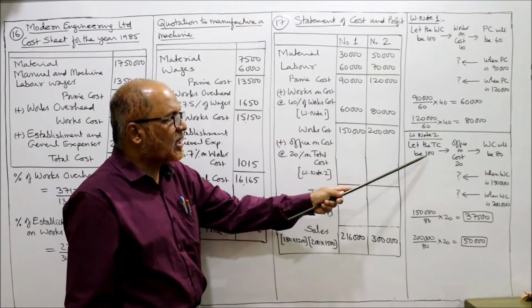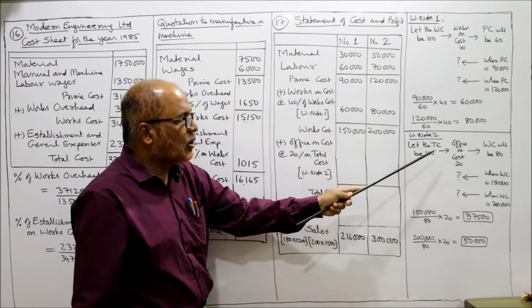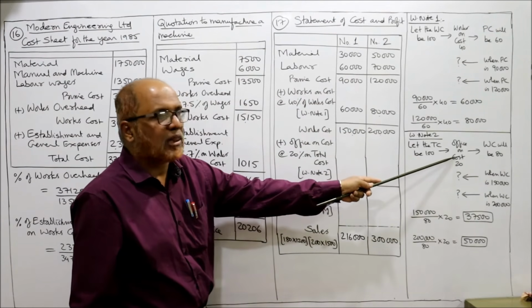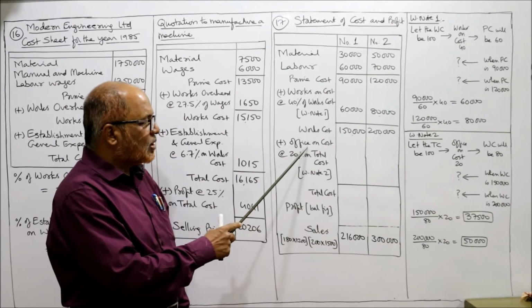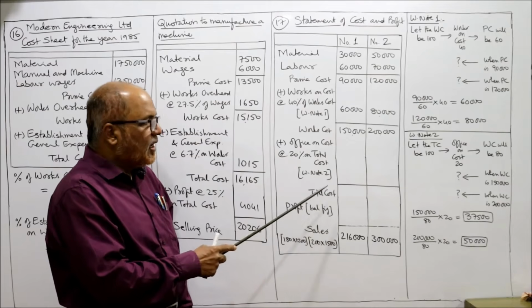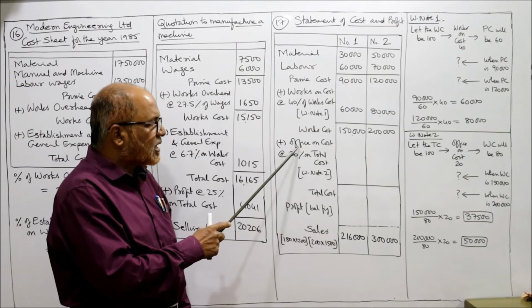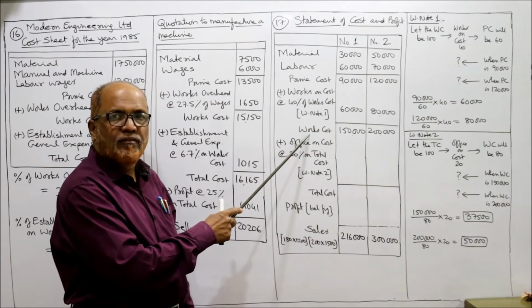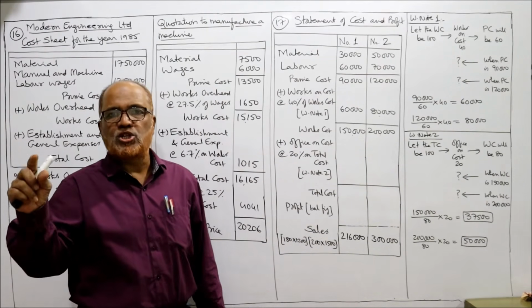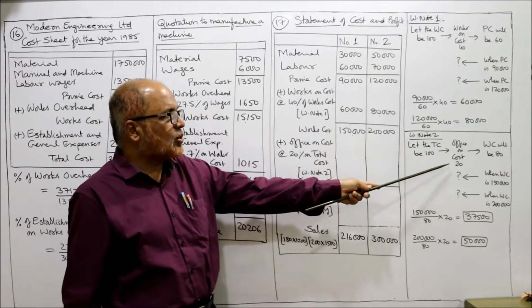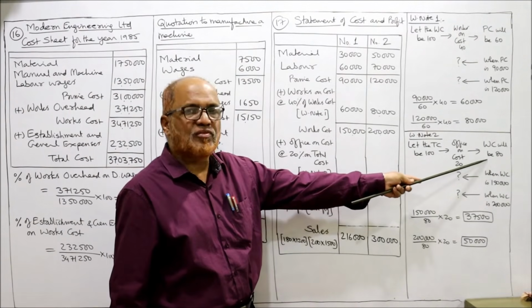तो टोटल कॉस्ट 100, ऑफिस ऑन कॉस्ट 20. तो टोटल कॉस्ट में से ऑफिस ऑन कॉस्ट को निकाल दो, व्हाट वी गेट वर्क्स कॉस्ट. सी, वर्क्स कॉस्ट प्लस ऑफिस ऑन कॉस्ट इज इक्वल टू टोटल कॉस्ट. या टोटल कॉस्ट में से ये माइनस कर दो ऑफिस ऑन कॉस्ट को, व्हाट यू गेट वर्क्स कॉस्ट. तो 100 minus 20 is 80. So we got the equation. If 100 rupees is the total cost, 20 rupees office on cost, 80 rupees works cost.